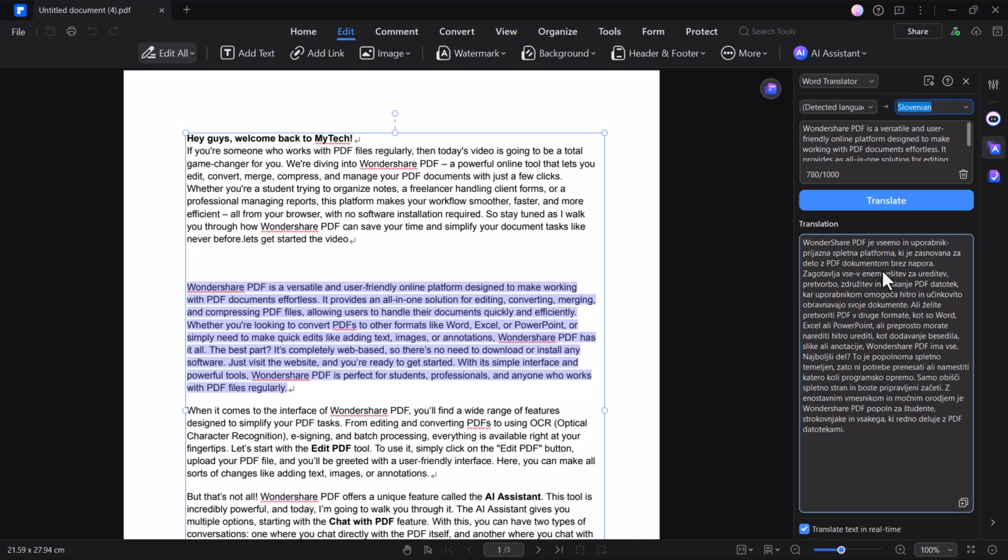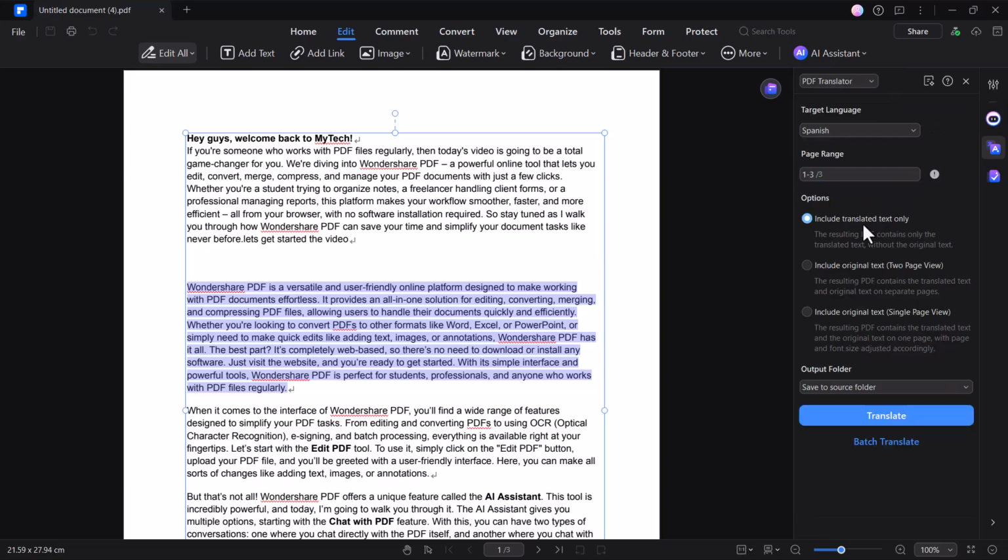Now let's try translating the entire PDF file. All you need to do is select the translate PDF file option. Choose your desired language and click on translate.